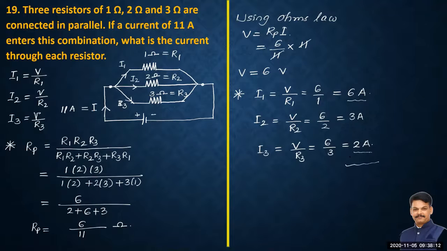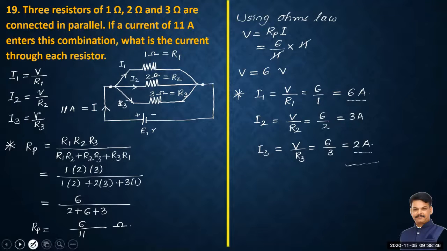Hope you got the solution of this problem. Here we need not find the EMF and internal resistance. Sometimes there may be a case of finding the EMF and internal resistance also, or they may ask you to find the EMF of the battery. That can again be found with the help of the formula we know.